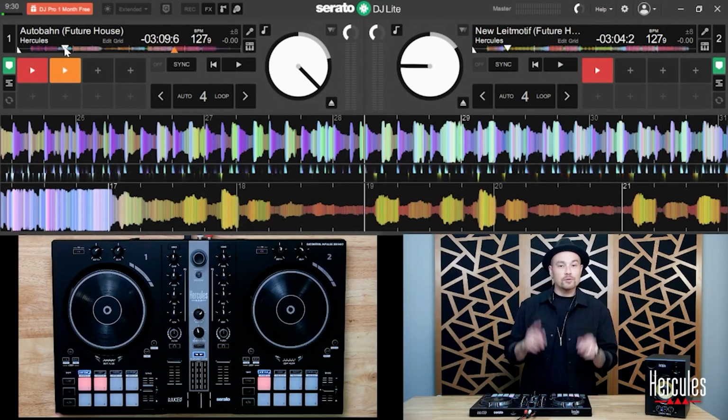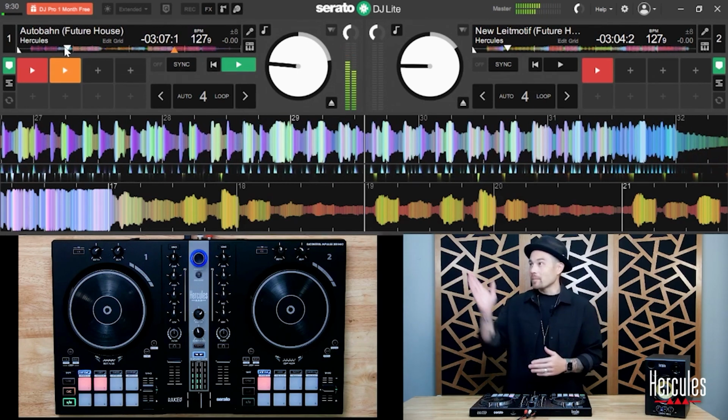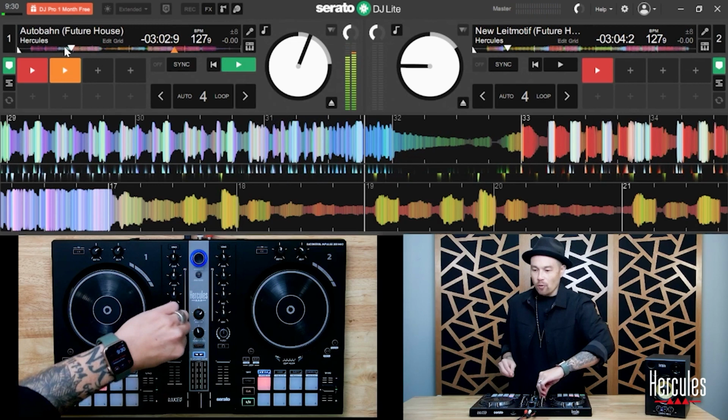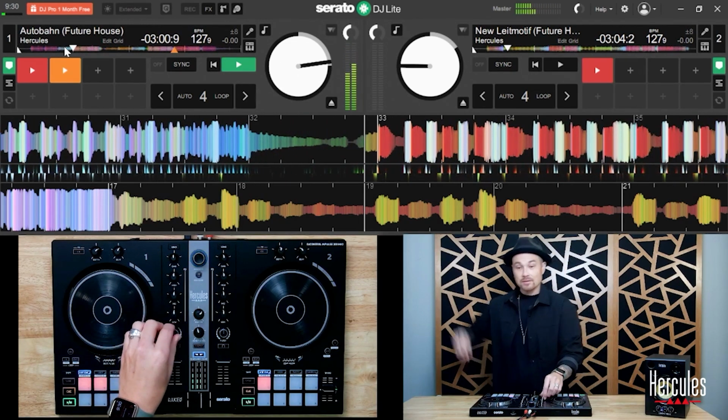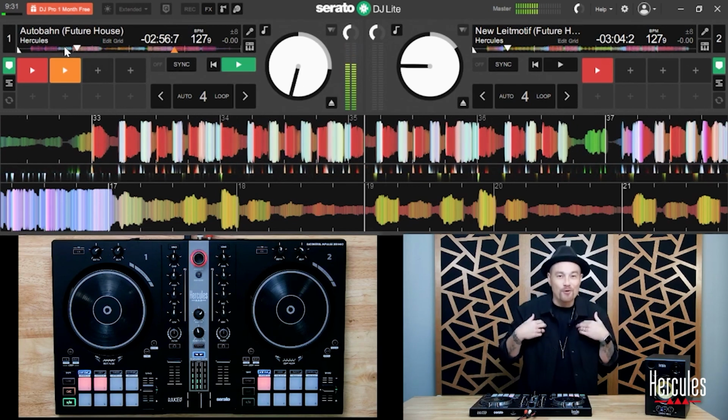One other way we can use the filter is to create more tension, even more tension during that build right before the drop. You do have to know your tracks, and this is really important, but I'll show you how we can use the filter to be able to create this. So here we go. We're at the build right before the drop. High pass filter, more tension. You gotta know where the track's at. You gotta be moving to it.